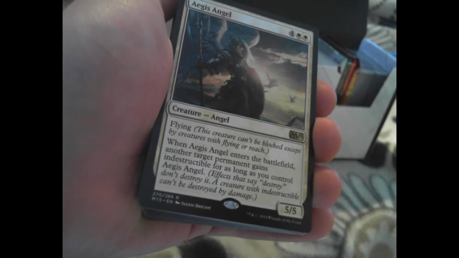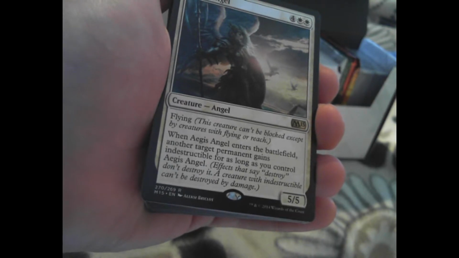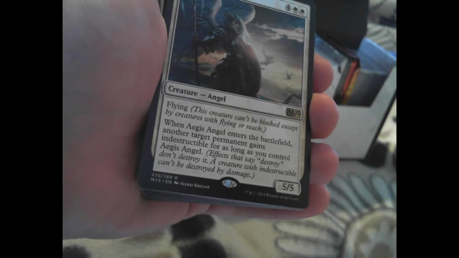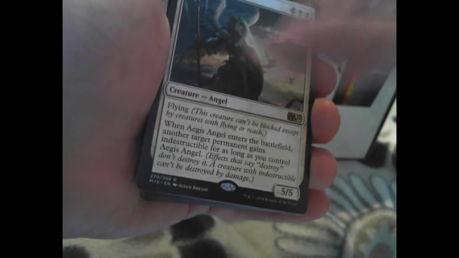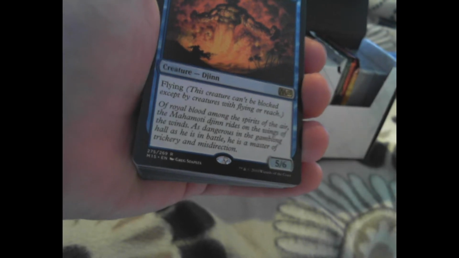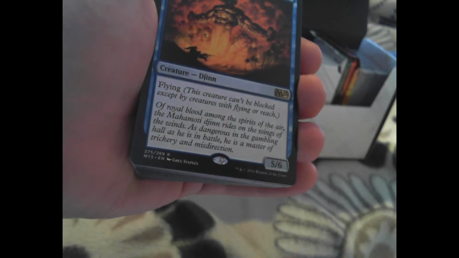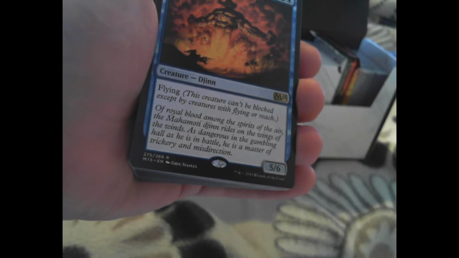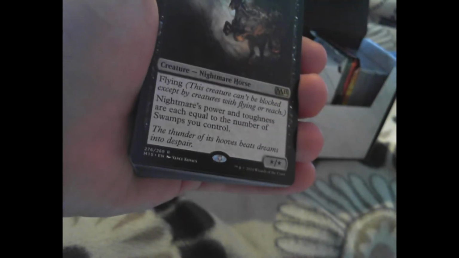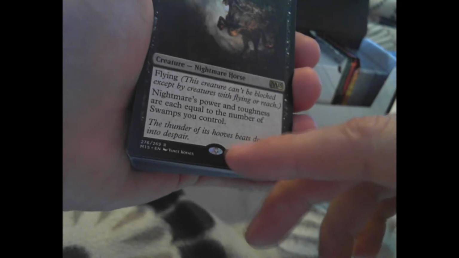Yeah, this will work. Okay, Aegis Angel, flying. This creature can't be blocked. When Aegis Angel enters the battlefield, another target permanent gains indestructible for as long as you control Angel. Damn! That's annoying. Mahamoti Djinn, flying. It's a 5/6 with flying. Dear God, go away. Nightmare. It's 3 of these things now. Oh, sorry, I'm not showcasing the whole thing. Can we... Oh, I'll just...